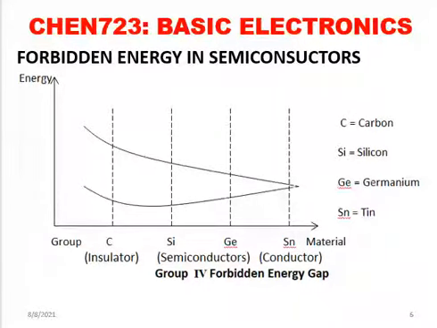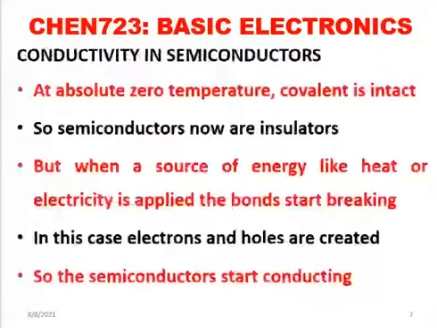You can see that the width between the two cups, the upper and the lower one, is smaller than that of carbon. That is why we use silicon and germanium as semiconductor materials. As you go further, we have tin here, and you can see that the difference between the upper and lower cup is very tiny, which means we don't need to apply much energy. For this reason, we don't use it. We consider it to be a conductor because it requires very little, insignificant energy.